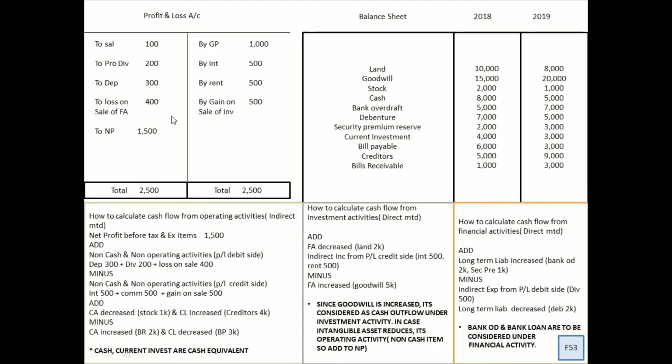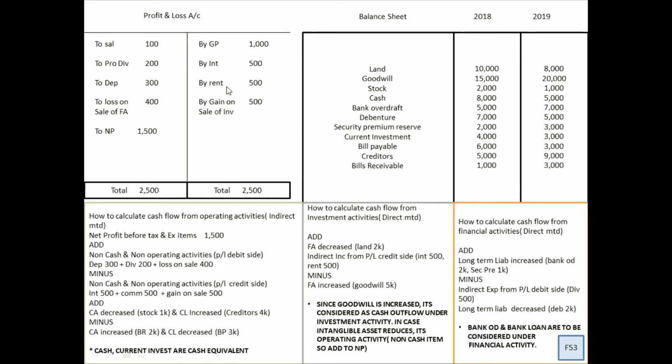Now, looking into this profit and loss account, if somebody asks me what the cash flow with regard to operating activity is, I will say gross profit, that is the sales. So 1000 is the cash inflow. And the salary which I am paying is my cash outflow. So ideally 900 is the cash that comes in with regard to operating activity. This is the direct method. Straight away you can say that.